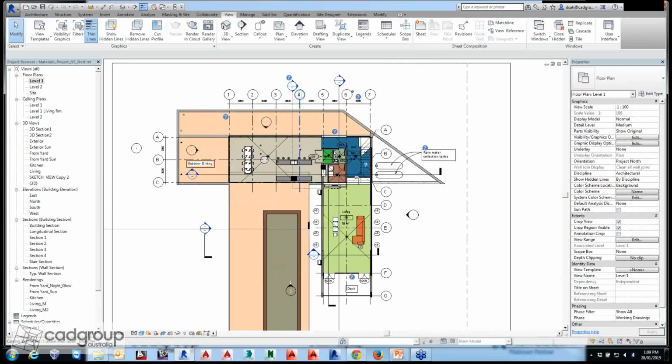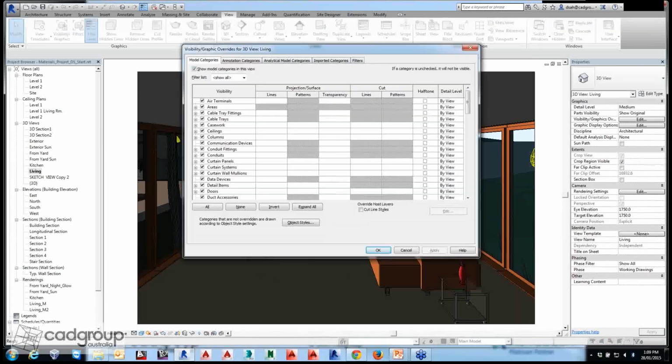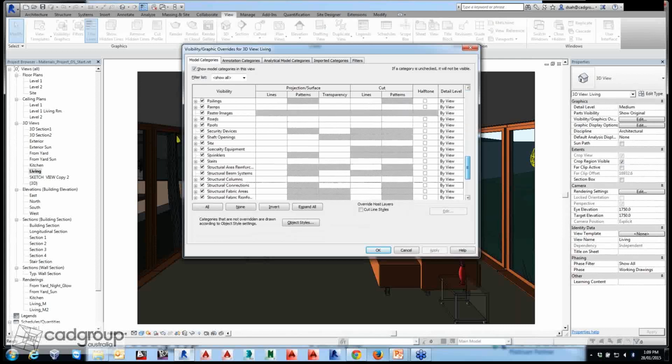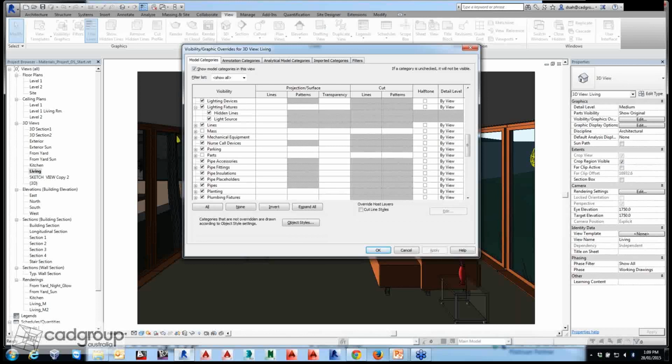So I'm switching to Revit now, where I have that particular file open with me, and I'm going to open the view Living. We can see here I have used a number of artificial lights, which we can see in the yellow area, and this can be controlled easily if we want to show it in a view. So I'm going to the VG control,